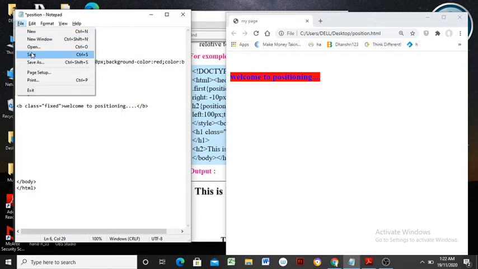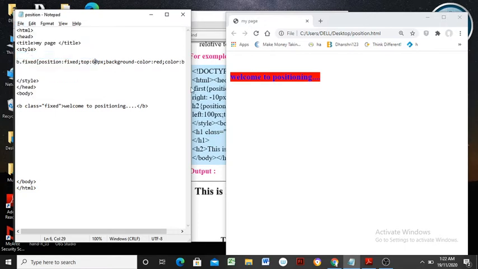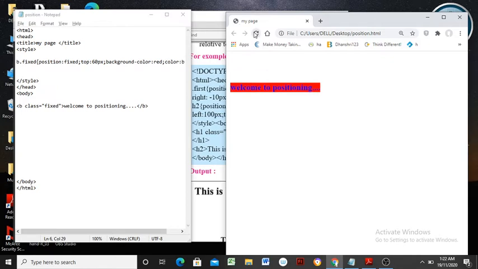Save again and refresh. Yes, it is applicable. It is moved down again by a space of 20 pixels, and it becomes 60 pixels.